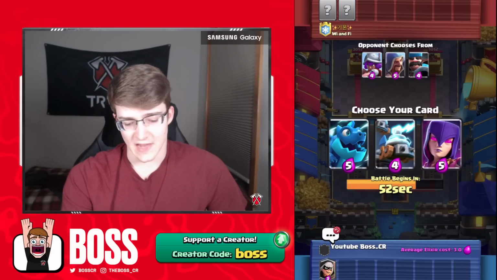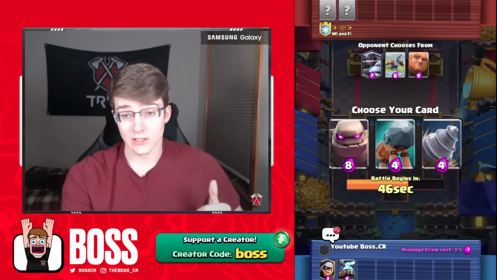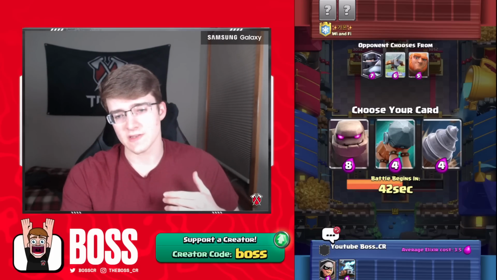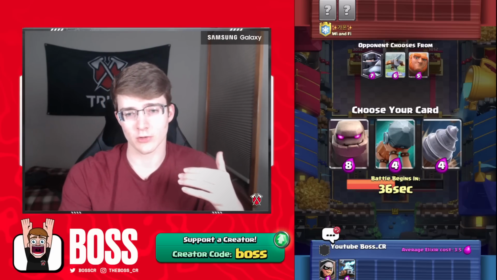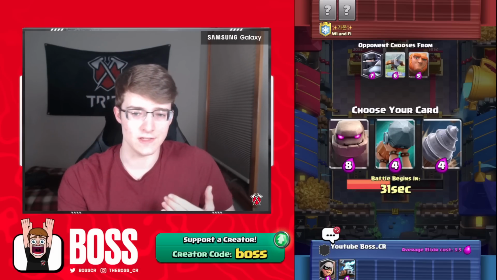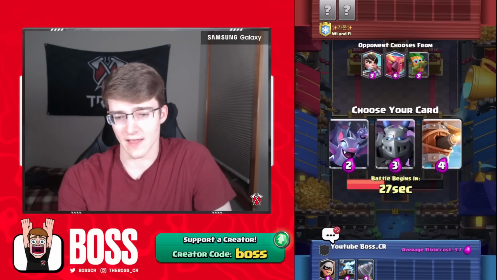So we're going to go for Zappies here. Again, it's just the best option out of the other two cards. And then we're given the choices of taking a Golem, a Battle Ram, and the Goblin Drill. So the Goblin Drill pairs really nicely with the Bandit, kind of like spammy cards like that. And I feel like taking Golem, especially early on before you're showing your whole deck, is very risky. And also Battle Ram is kind of risky too, because if they have a building, it's really easy for them to stop. So I really like Goblin Drill,